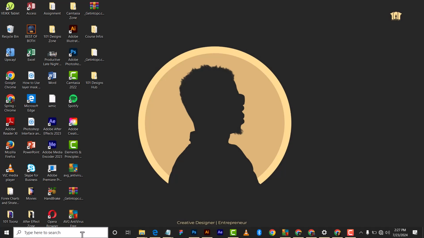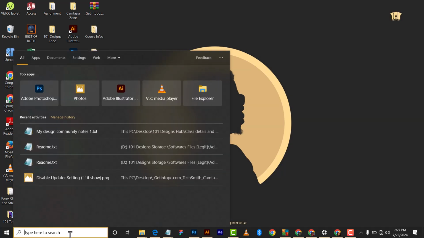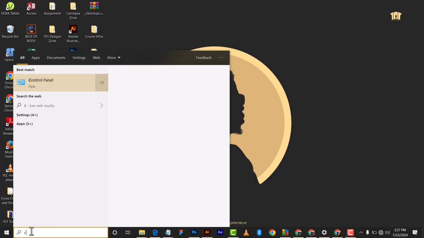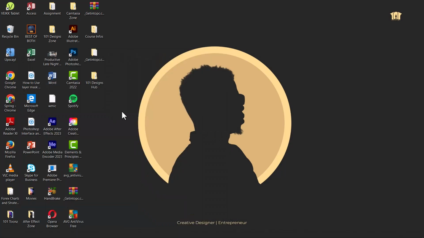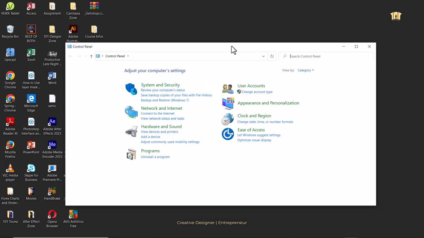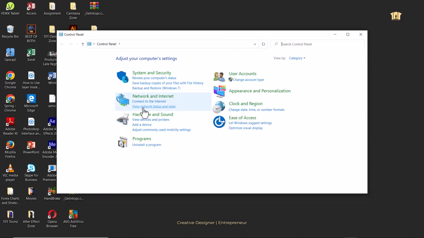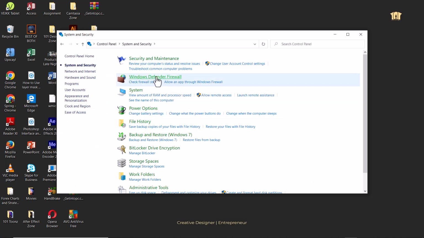So what you have to do is come to your Windows search bar and type control panel. You can see Control Panel from the top here. Just click on it, and it brings you to this interface. Click on the first one, which says System and Security. From here, click on Windows Defender Firewall,